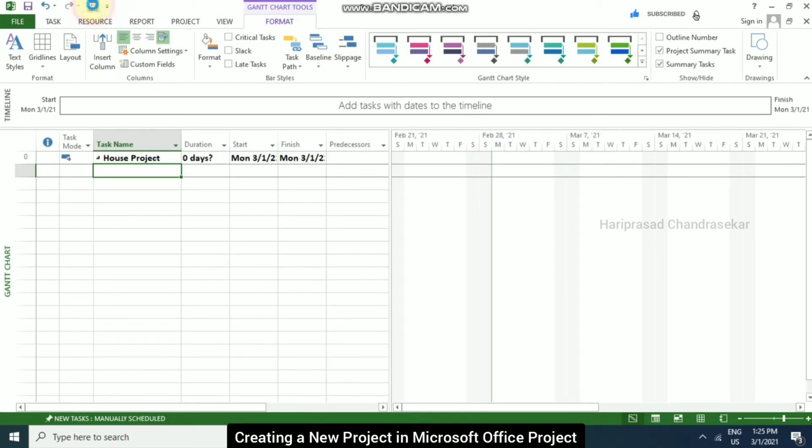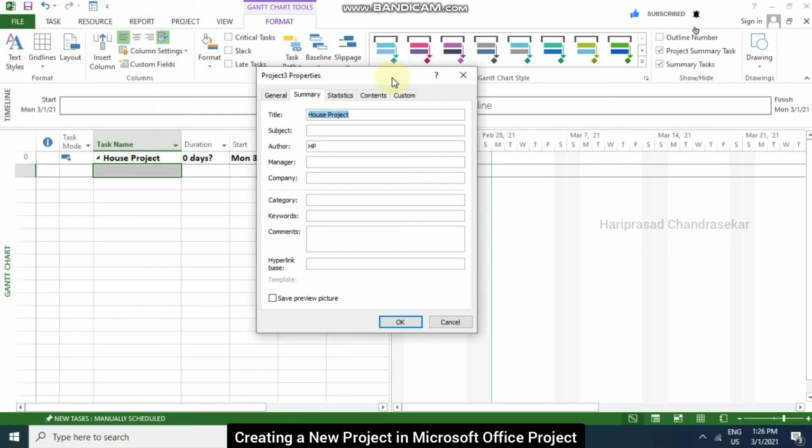You just click that. Now we can put whatever title we want, and we can put the author. For example, you can write your own name. In my case, I am just writing my name. You can put subject, you can put manager, and you can put company name, some ABC Private Limited, something like that.